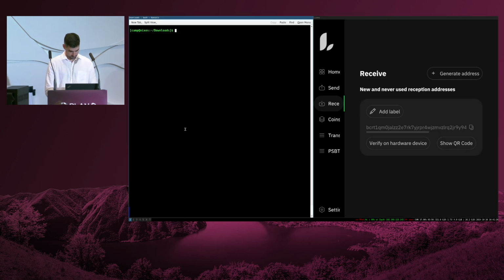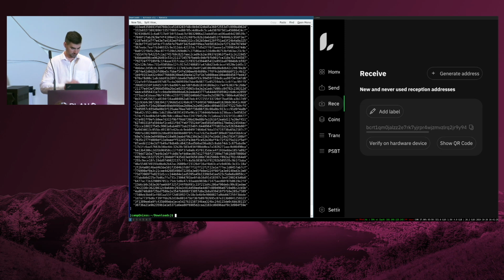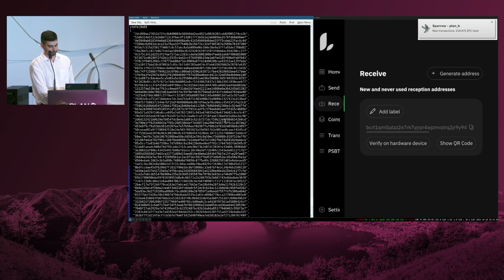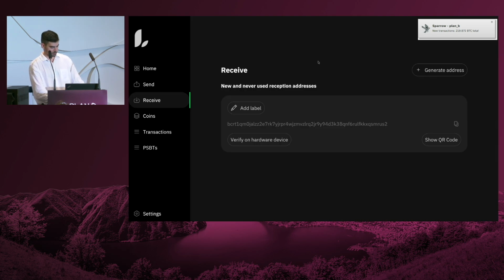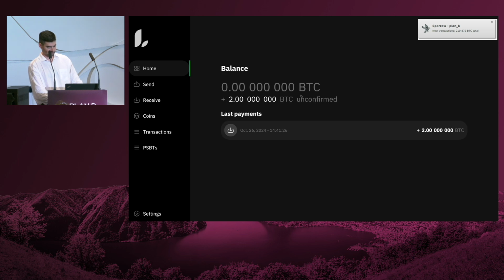I can do it here. So it has simulated 101 blocks. You can see the notification that the transaction was sent, and now our Liana wallet should have received some funds. Let's see here. Yes, it's waiting.